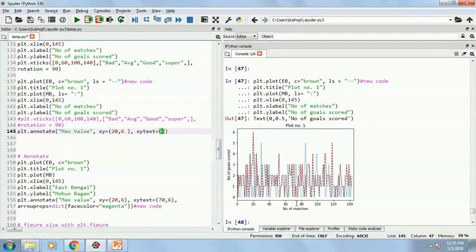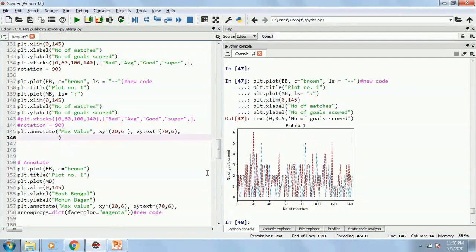Okay, 70, and maybe parallel to this value, that is 70 comma 6, x-axis 70 and y-axis 6, and then it will be with an arrow sign. That's why I have to write arrowprops equals to dict, meaning a dictionary.